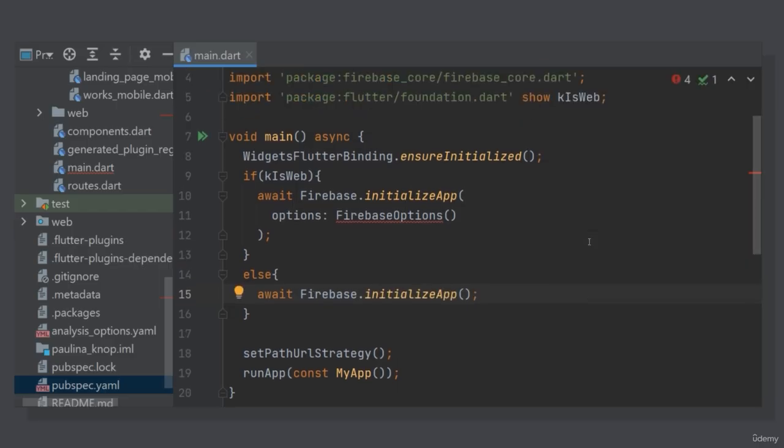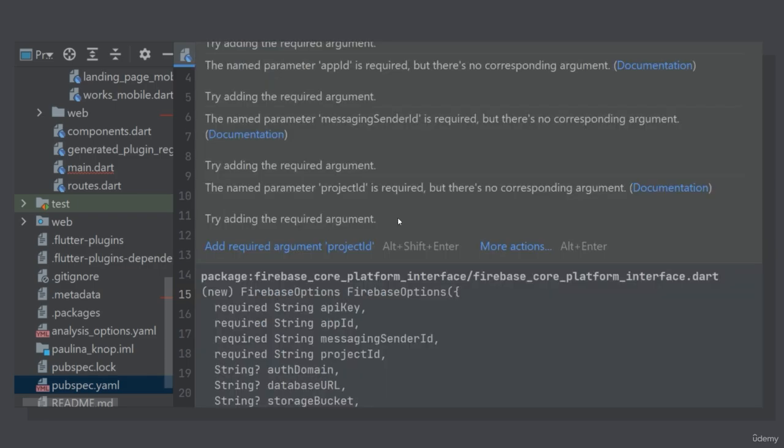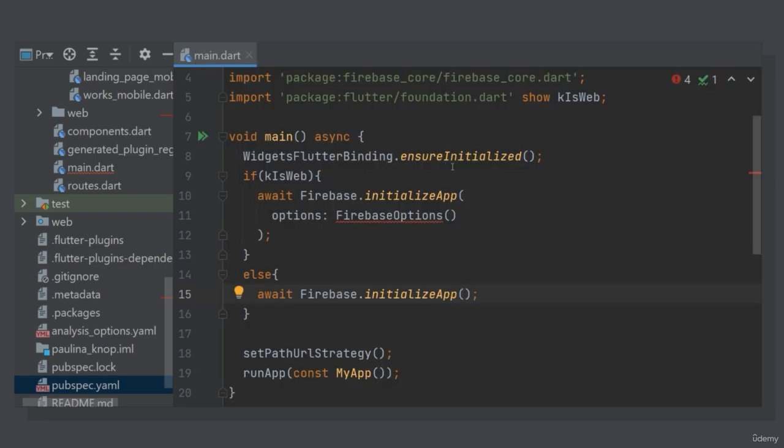So basically, if we run the app on the web, this line will be used for the initialization. But if it's not web, it's Android or iOS, Firebase will initialize with this line. Once we're all done, we can continue